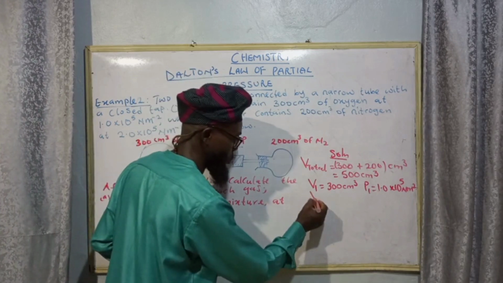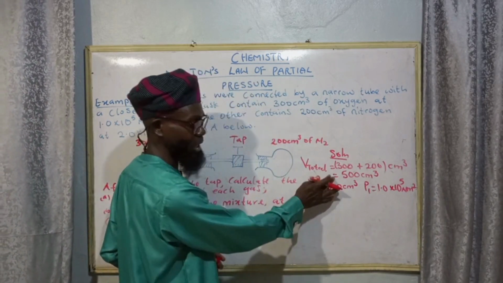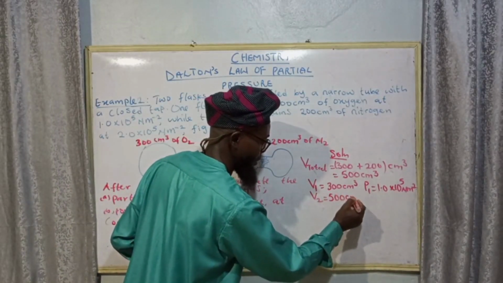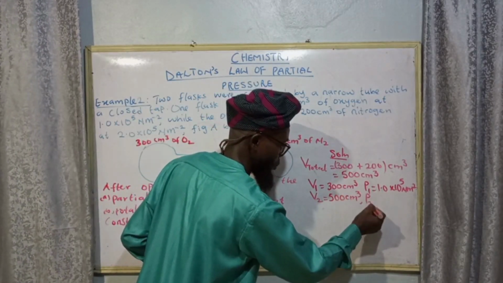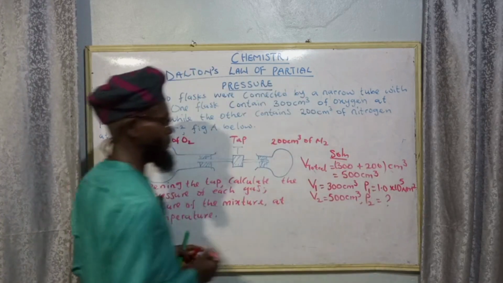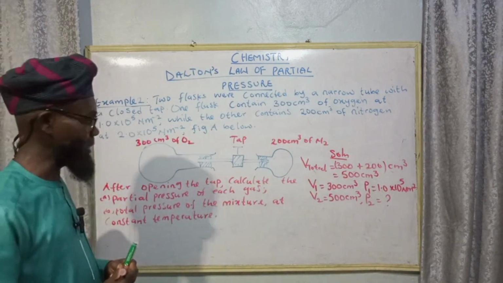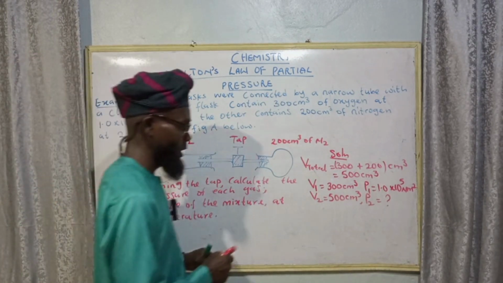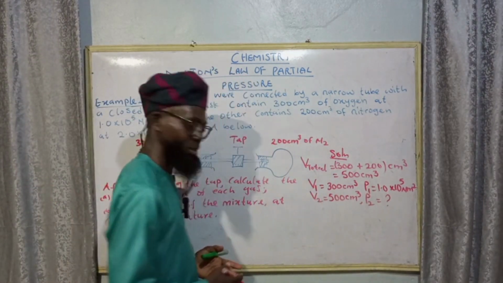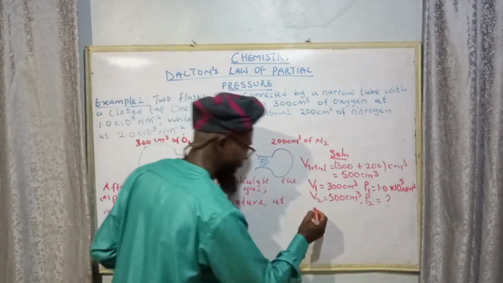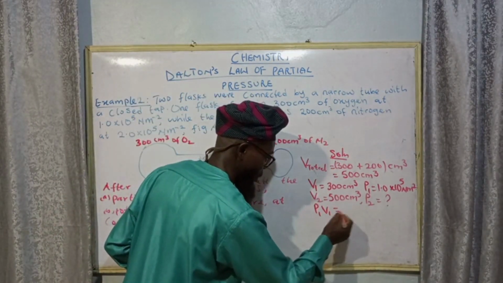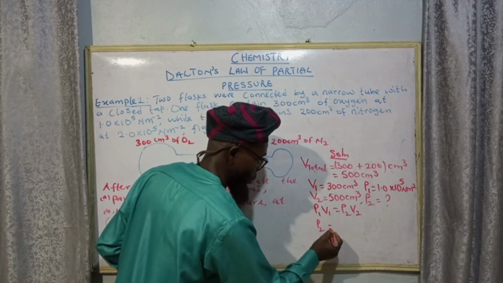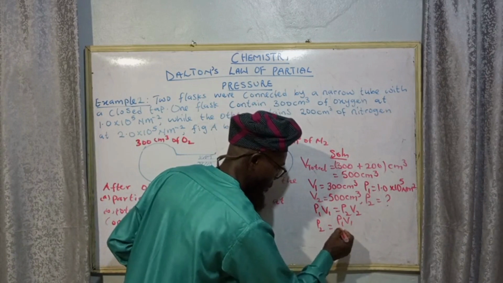While your V2 is the total volume when they mixed. That's the 500 cm cube. Then your P2 is unknown. So this is the partial pressure we are looking for now. The partial pressure for what? For the oxygen, the first gas. If we have P and V, that is Boyle's law. That says P1 V1 equals P2 V2. So P2 equals P1 V1 over